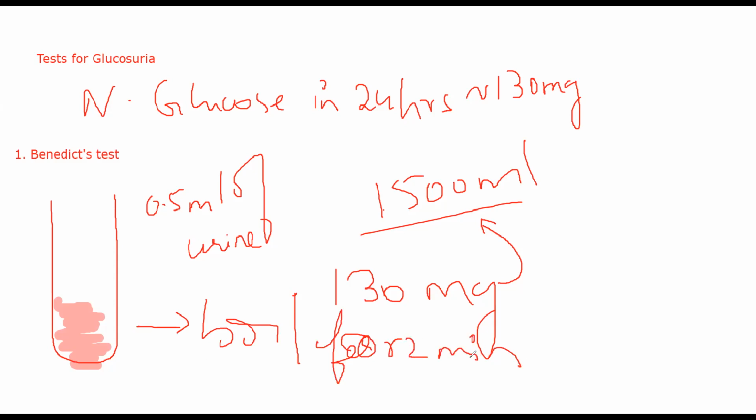ठीक है, once you boil it, cool it down with water, or you can run it down, running water. ठीक है, tap water के अंदर भी रख सकते हैं आप. What you will see is change in color depending on the amount of glucose, or the amount of sugar that is present in the sample of urine. You will get different colors. Okay, I'll show you one image, one second.